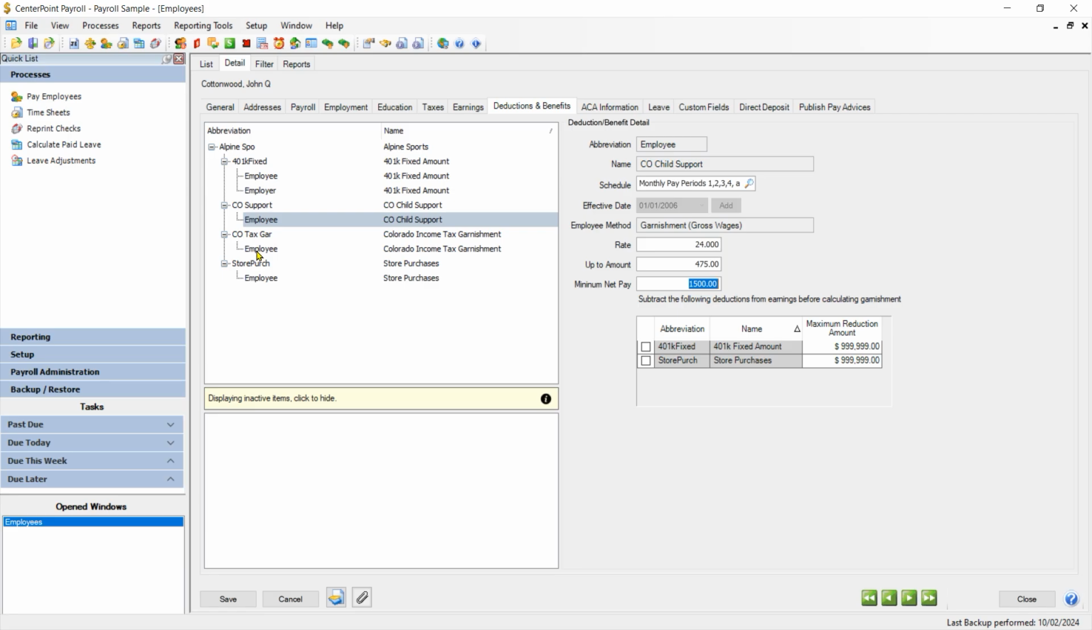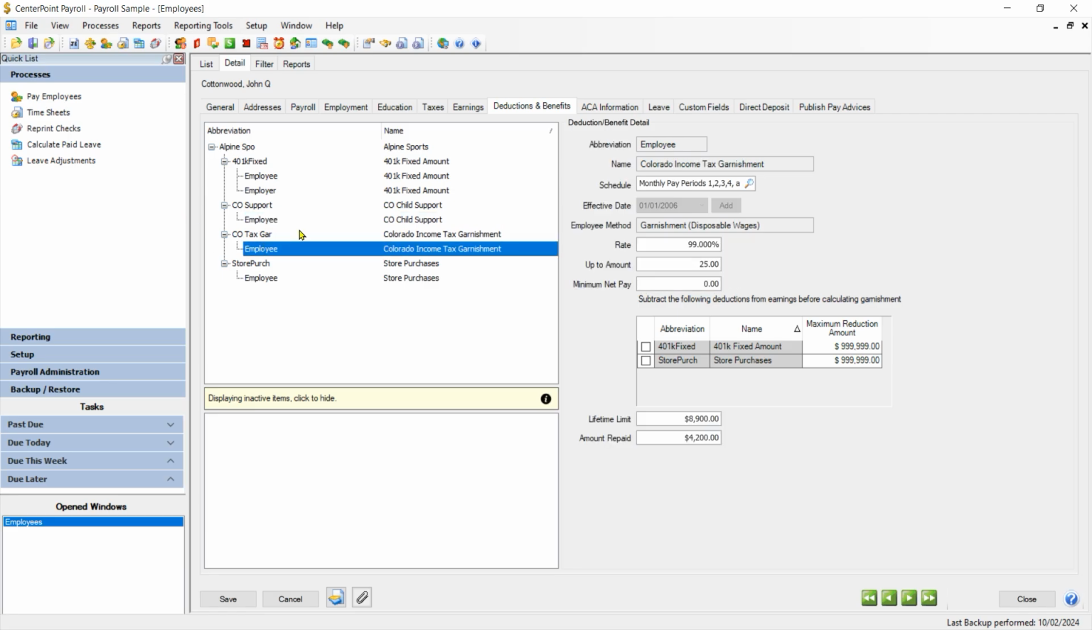Then down below, I'm going to go into the tax garnishment. And this one was a little bit different than the child support one in that it's a fixed amount rather than a percentage. So when you have a fixed amount, what you want to do is put a high percentage into the rate field, and in the up to the amount field, you're going to put the fixed amount